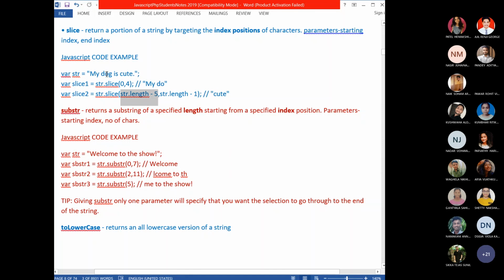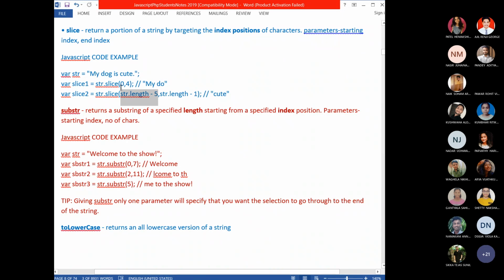What is the length of str? When you calculate length, you have to start counting from 1, not from 0. So 1, 2, 3, 4, 5, 6, 7, 8, 9, 10, 11, 12, 13, 14, 15, including the dot. So length is 15. 15 minus 5 is 10. So the first parameter is 10.